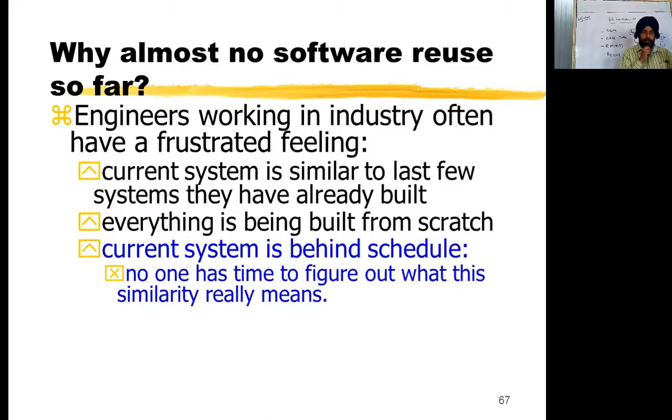Earlier there was no time limit, and there was no competition in the market. Now there is competition in the market and everything is time bound. So within that time you have to do all the things. So it is better to reuse the things that you have already used earlier. So time limitation is one of the important factors, which was not there earlier. Earlier things were not so time bound and there was no competition in the market. But now the change is very fast. As the change is very fast, you have to cope with the situation. So the best thing is to reuse the different components that you have already built. Next.